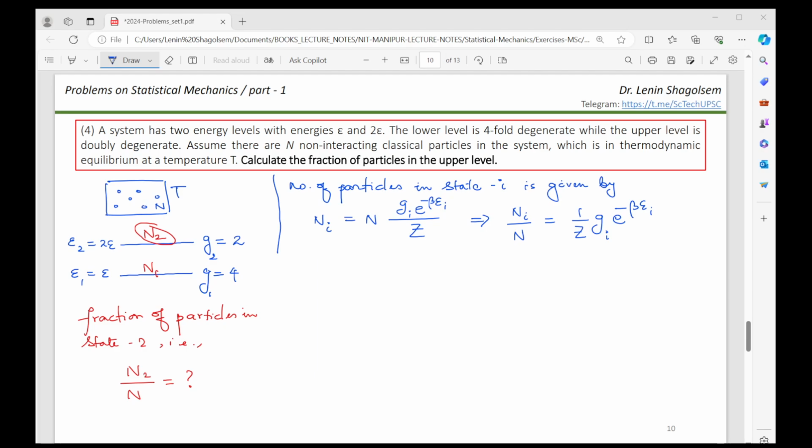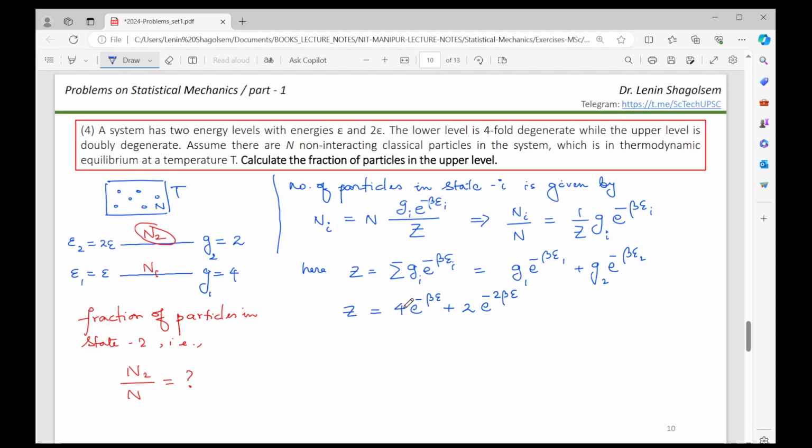Here, Z is the summation of e to the minus beta epsilon i, which is g1 e to the minus beta e1 plus g2 e to the minus beta e2, and this is 1 plus 2 times e to the minus beta epsilon. Okay, this is our Z, and